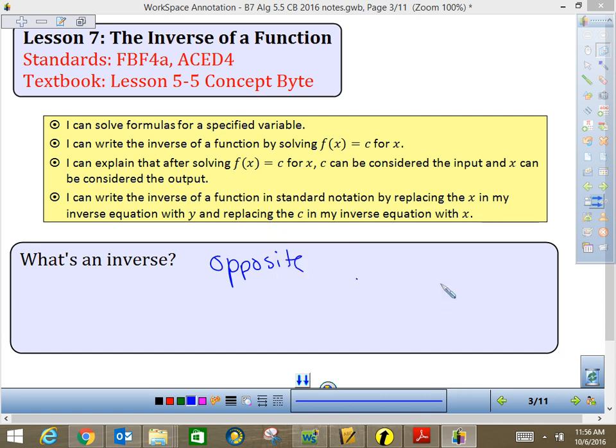We were talking about it being the opposite. When we think about opposites, the thing with opposites is that they usually undo each other, okay? If you are thinking of operations, add, subtract, multiply, divide. So if we think of things that undo each other,